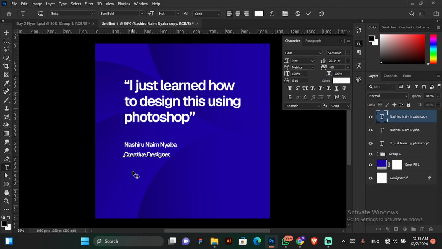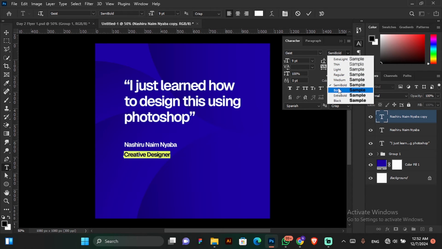So after I'm done texting, I'm just going to press Ctrl+A to select the whole text, just like this. Then I'll come to my character panel, and when you look at the character panel right here, we are using the font name Geist, or I don't know how you can pronounce that, but then when you look beside it, you see semi-bold, and when you click on this arrow right here, you can see there are weights that come with the text. So you can actually have the text black, that way it's going to make it very, very bold, and you can actually have the text in maybe regular, that way it's going to be a bit thinner than the previous. So the previous one we were using was semi-bold,